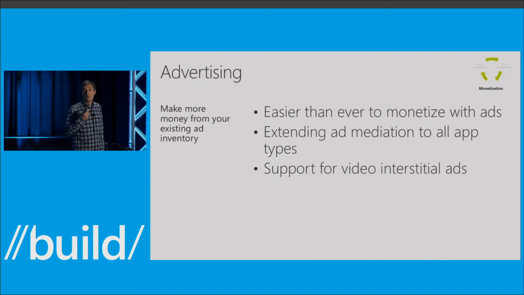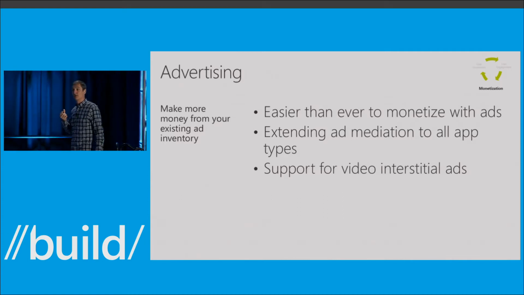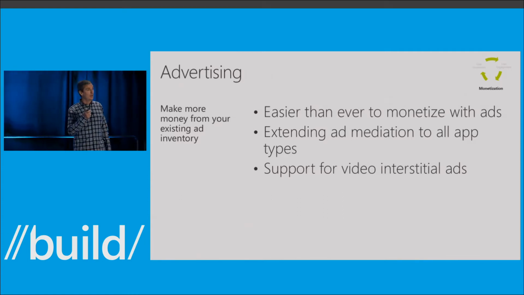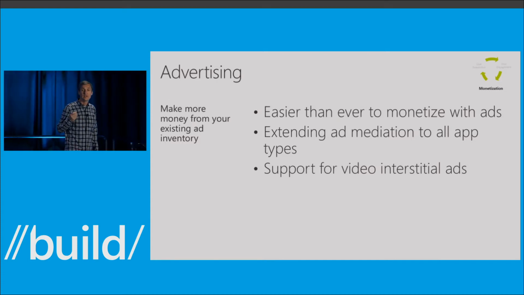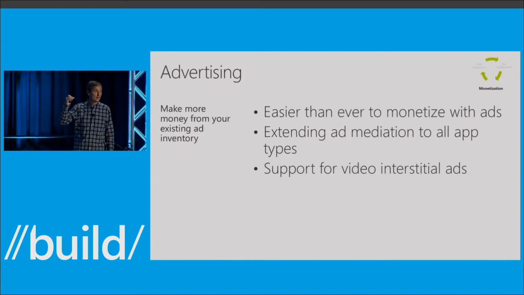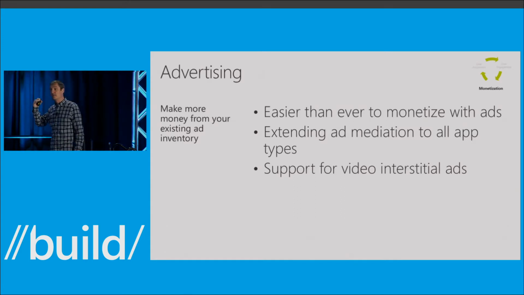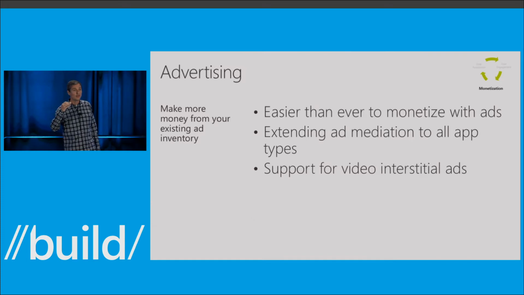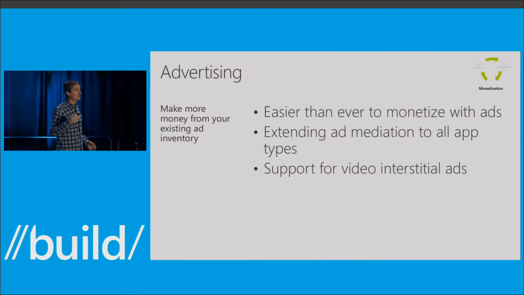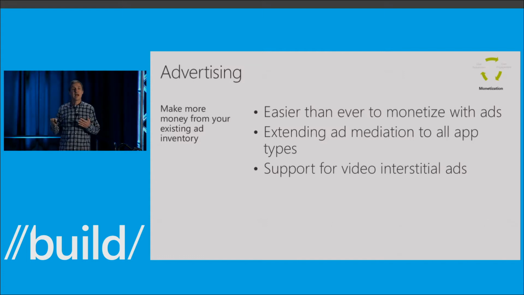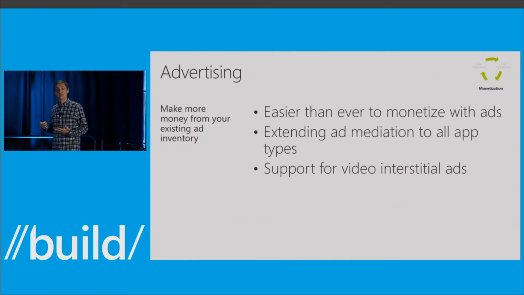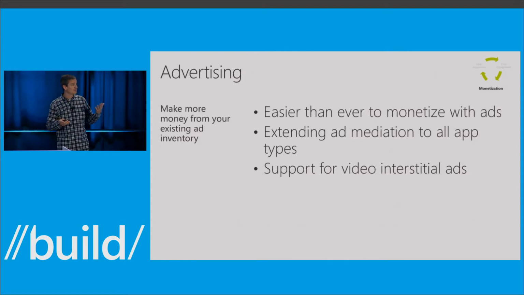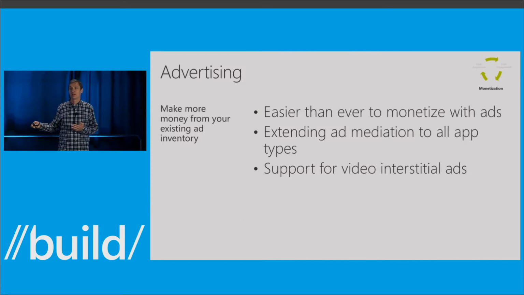Last year, we introduced ad mediation on Windows Phone. And developers have been able to very successfully use ad mediation to lift their ad fill rates all around the world to virtually 100%. With ad mediation, you can very easily connect your app to multiple third-party ad networks and then remotely configure how you want those ad networks to be used and in what order on a per market basis. This allows you to optimize fill rate as well as CPM in any market.